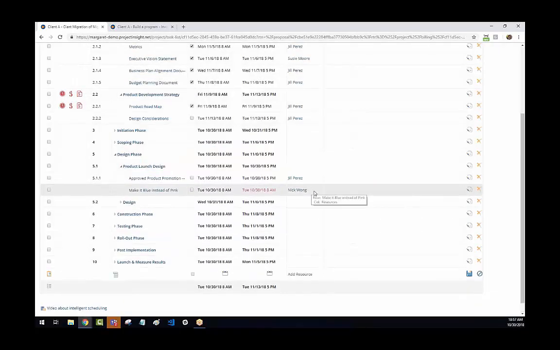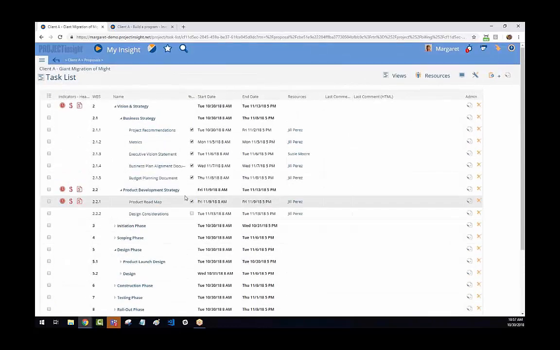Great. And then, as far as managing customer approvals electronically, is that on our roadmap? Oh, no, that's in there right now. So you go ahead and go to the proposals in question. The Giant Migration of Might, down here, we have a